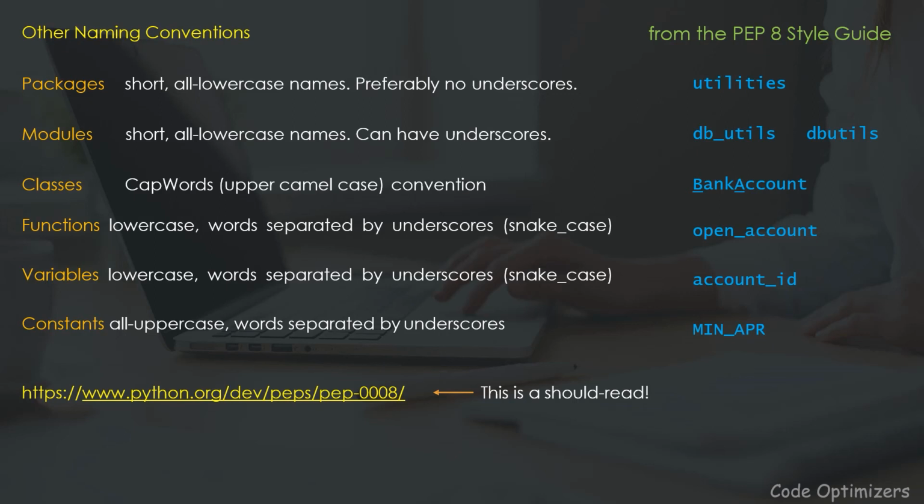So I recommend that you read that style guide, or at least skim through it and see what the main points are. You can find it at this link over here, but again, easiest is to do a search for PEP 8 and you will find it. There are a lot of other things that they mention in that. It's a style guide. It doesn't mean that you have to follow it, and you don't have to follow it all the time without thinking. Sometimes you want to break away from the convention for some reason or other.